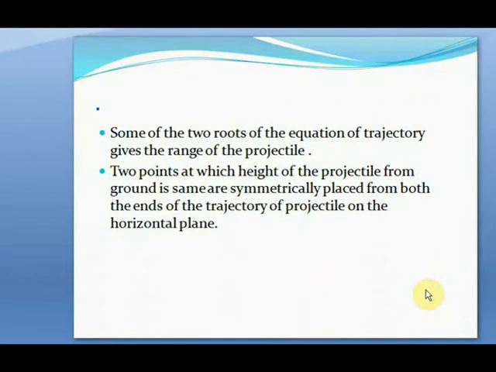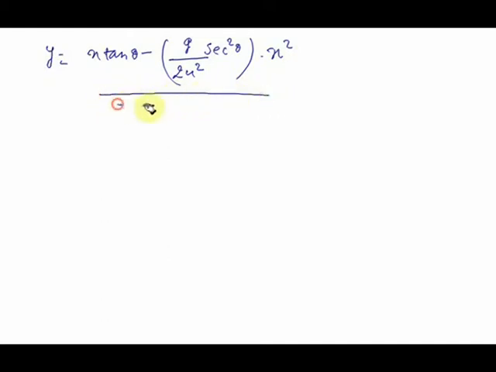Another property of projectile motion is that the sum of the two roots of the equation of trajectory gives the range of the projectile. So let's see this. We know that the equation of trajectory of a projectile motion, that is the equation of its path, is given as y is equal to x tan theta minus g by 2u square sec square theta into x square. As we can see, this equation is quadratic in x, so the sum of the roots will be given as